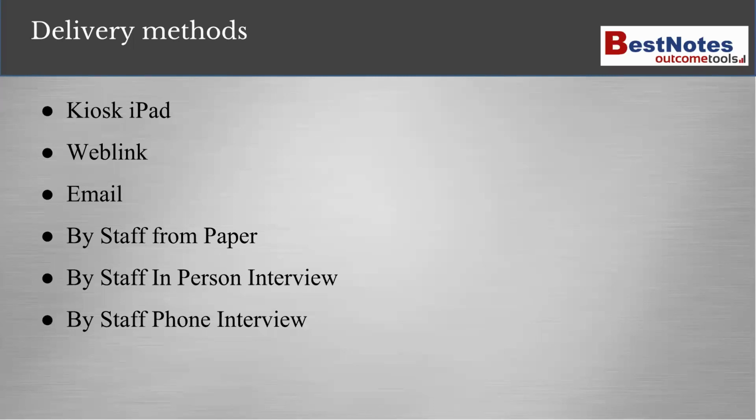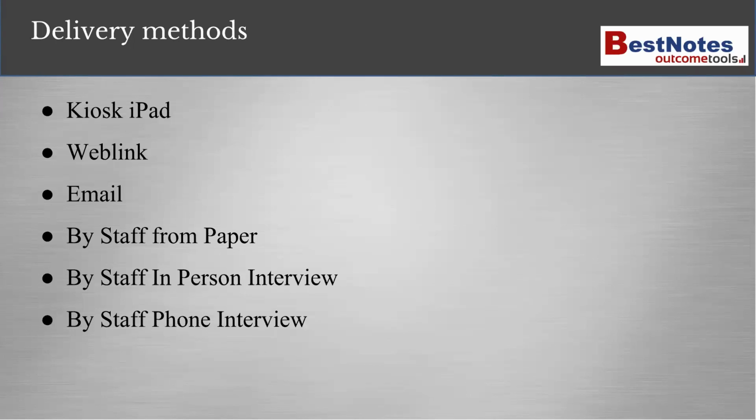And then that helps them to self-report right there while they're in your office. The web link is when you can send a personalized email, and you'll include the web link in that email, copy that, and send it out. The email delivery method is where you can automatically send a standardized email within OutcomeTools that gets sent out